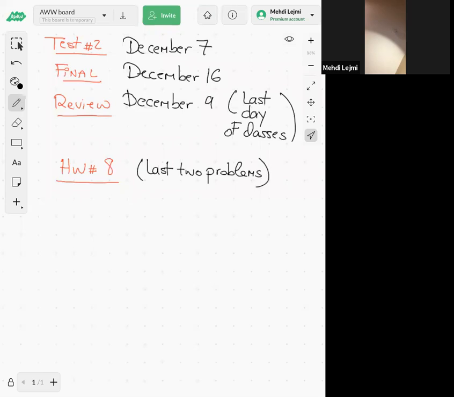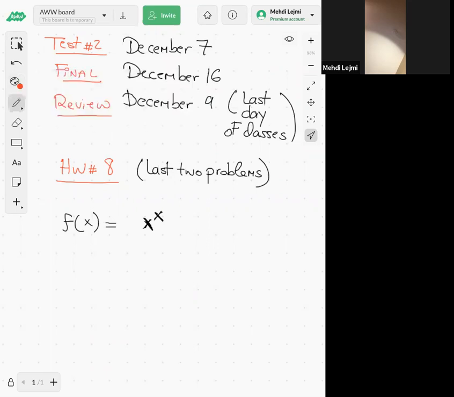Let's say you have a function f. I'm going to do a similar problem. Let's say f of x is equal to x to the power x. So the thing is, when you have x to the power x, this is not